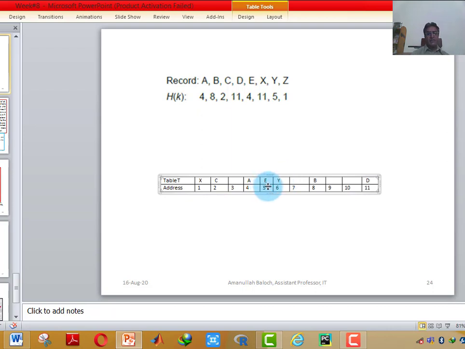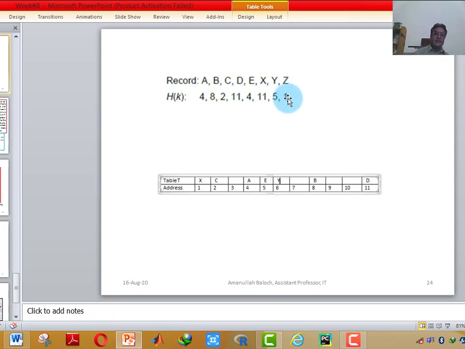If the required location is already occupied, then it will search onward and see the blank location, and at that available location the record will be stored. So Y contains the hash address 5, but it has been stored at location 6.